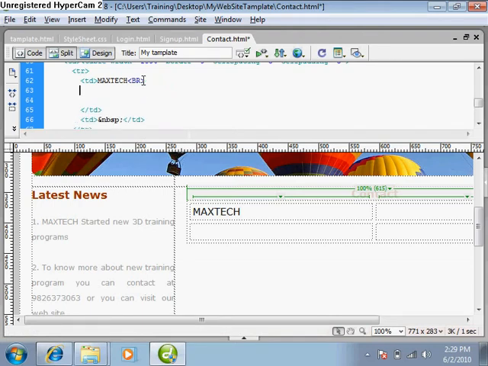and write address 501 B Rajani Bhavan, then BR tag, opposite High Airport, and BR, Indore 452001, and give 2 more BR and give phone, or just write contact number